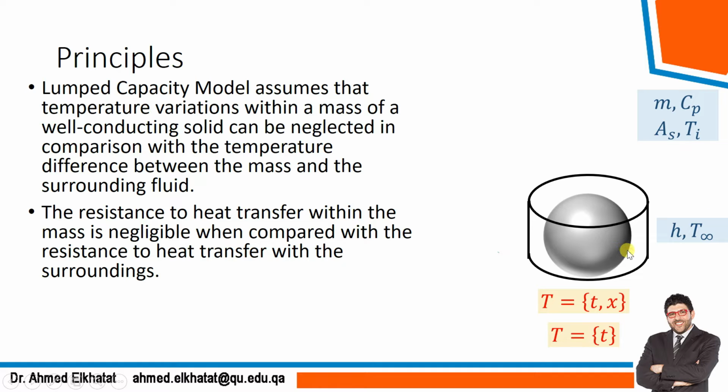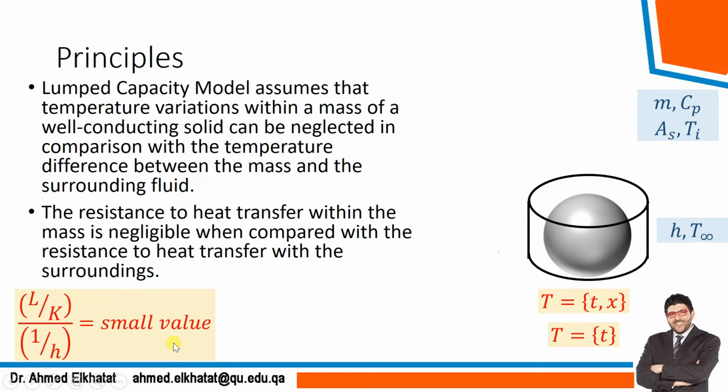Once the temperature reaches the surface, because the solid has high conductivity, or very small resistance, it will reach everywhere inside the solid, so the temperature will be almost identical. So the resistance to conduction, L over K, over the resistance to convection, 1 over H, will be